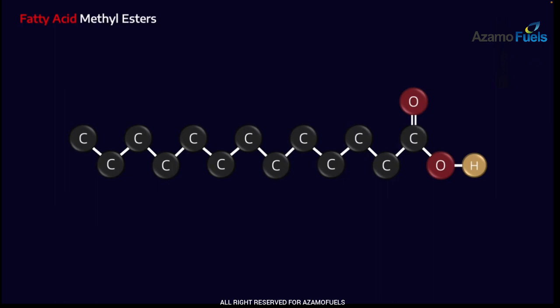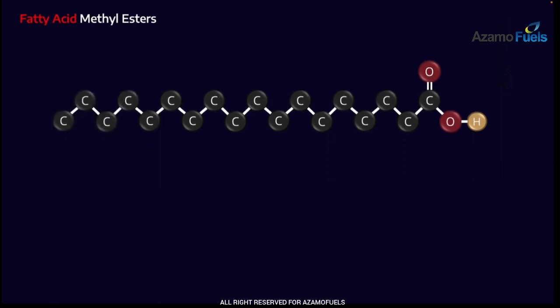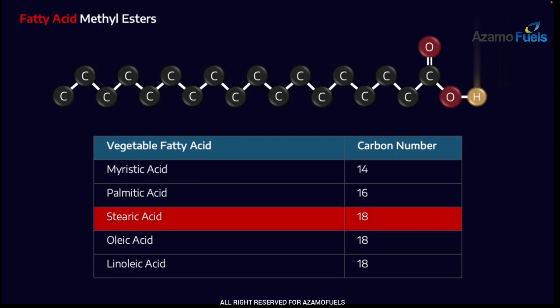Well, as it happens with a lot of these bio-derived products, what we get is something that looks like this. This, in particular, is one of a handful of vegetable fatty acids, and the one that I've got on screen happens to have 18 carbons, which corresponds to something called stearic acid. Now, all of these different ones that I've got up on screen have different carbon chain lengths. 14, 16, and 18 is very typical. So, palmitic acid, which has 16 carbons, the clue is in the name, right? Palmitic is because it's very common in palm oil.